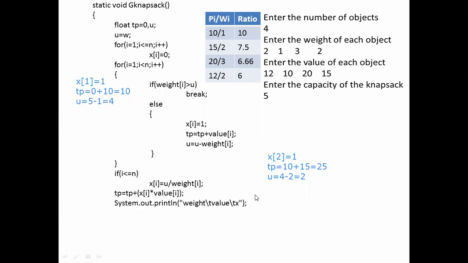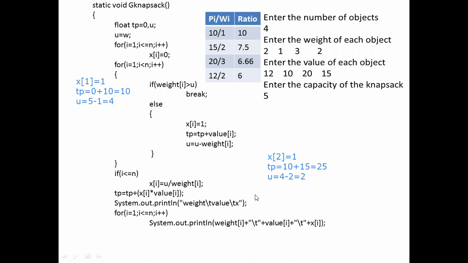System.out.println of weight, value, and x. All the three we are going to display. For I is equal to 1, I less than or equal to n, I plus plus, system.out.println weight of I, value of I, and x of I. For all this, I have given a tab space in between, so that's why tab space \t is in the double quotes.